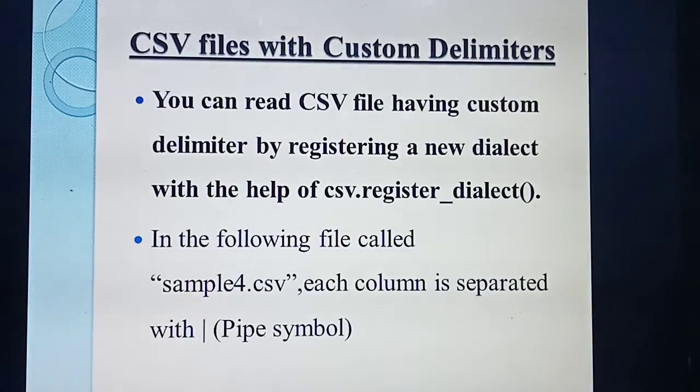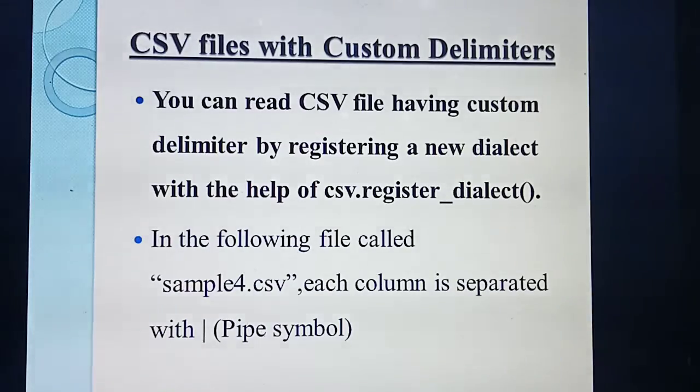Okay. Next one is CSV files with custom delimiters. So what are custom delimiters? Pipe symbol. Some symbols come under custom delimiters. Here also, if you need to remove this kind of symbol, you should register under which one? The same one, register_dialect. Understood? For that, one example program you are going to study, same only.